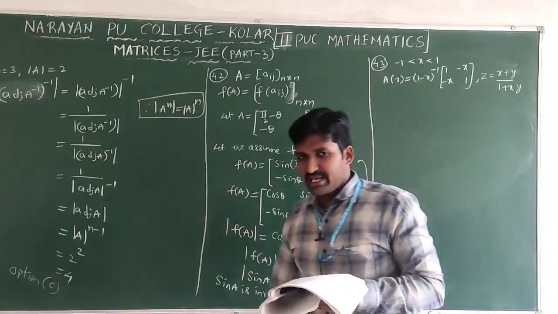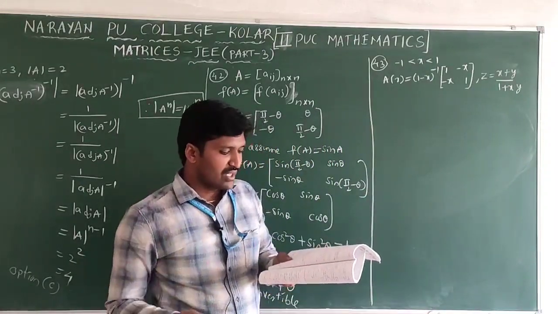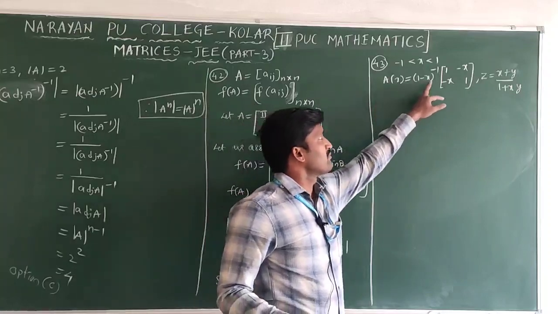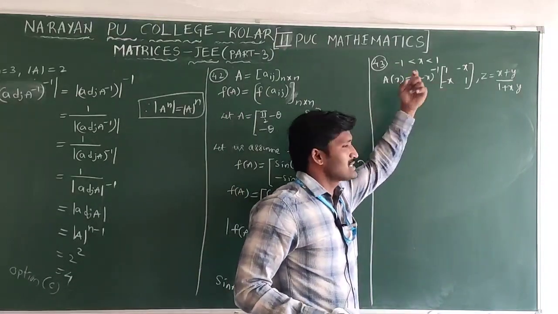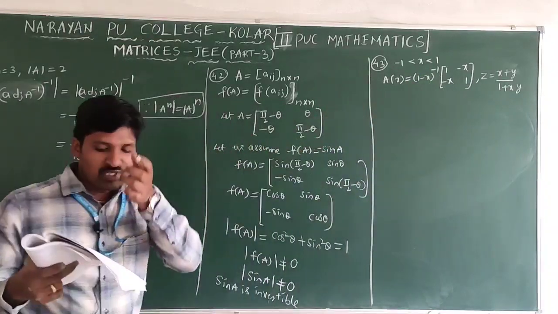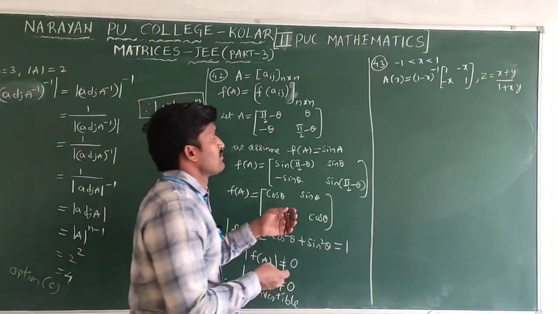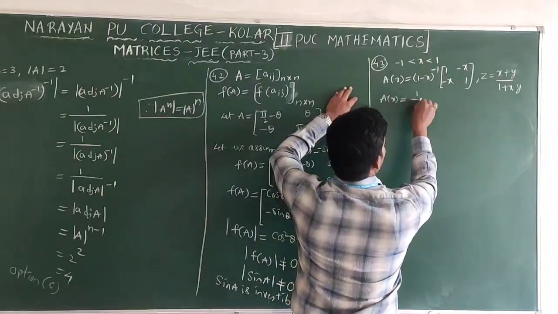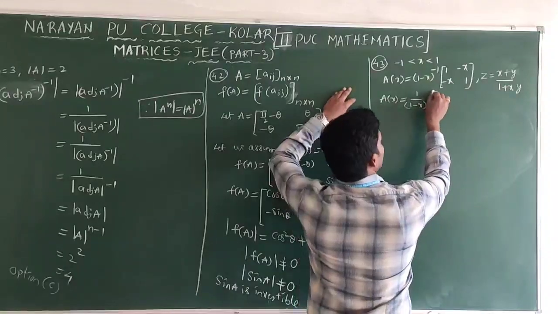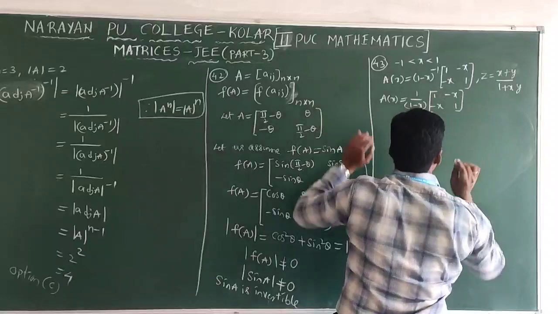Then which conditions are satisfied? They have given equations in the form of A of z, A of x, A of y. Here, x is given in terms of x; for y you replace x with y, and for z you replace z. And which of the conditions will be satisfied for the given conditions? Now here A of x, clearly this one has denominator 1 minus x into the matrix 1 minus x, minus x, 1.